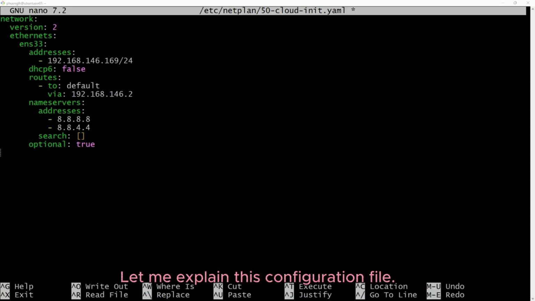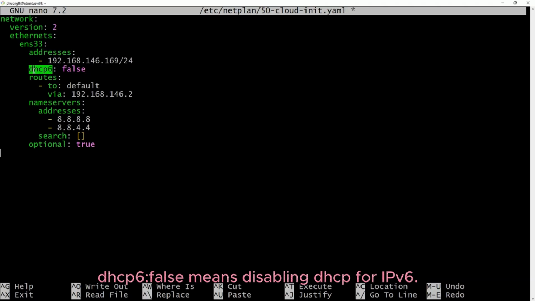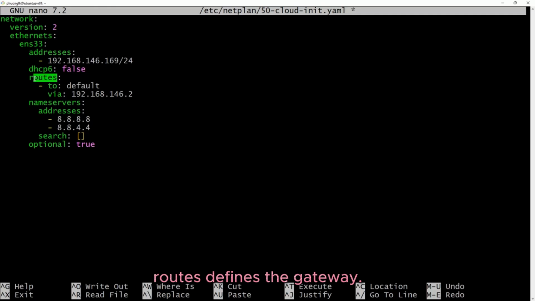Let me explain this configuration file. Addresses is the static IP together with the subnet mask. dhcp6: false means disabling DHCP for IPv6. Routes defines the gateway.